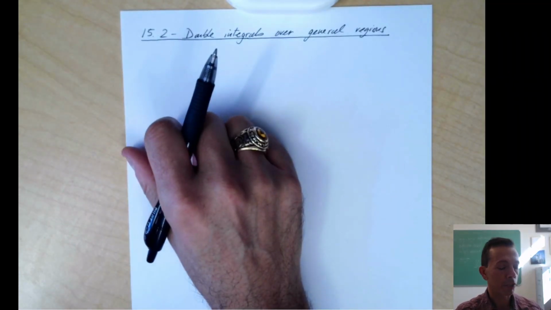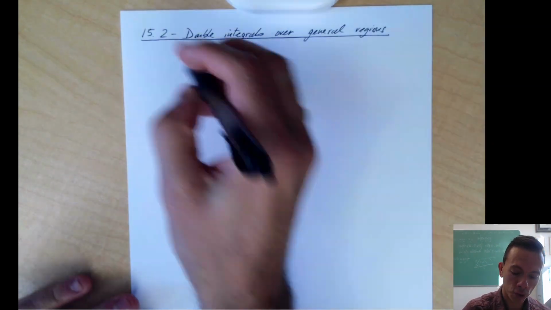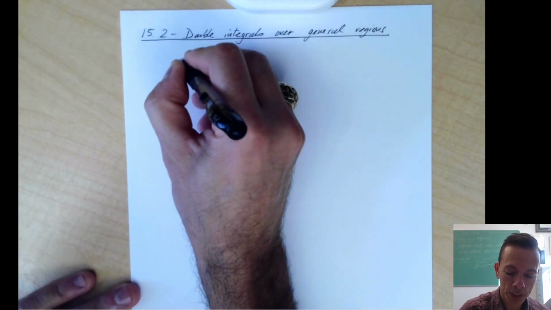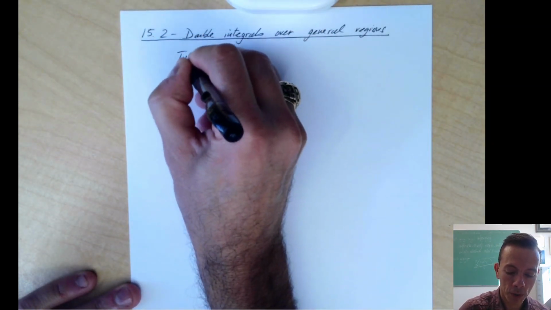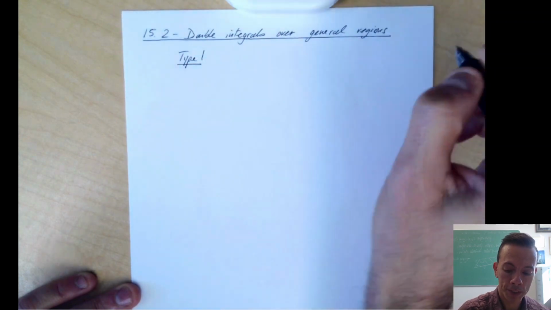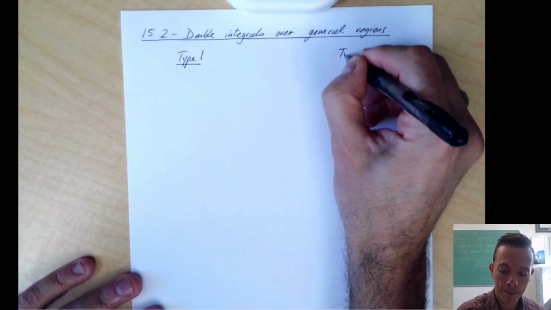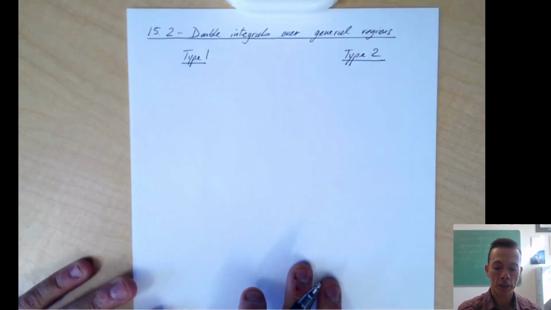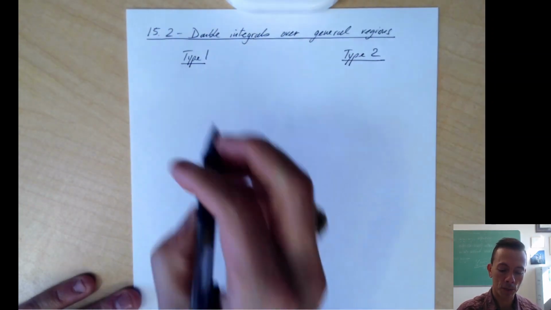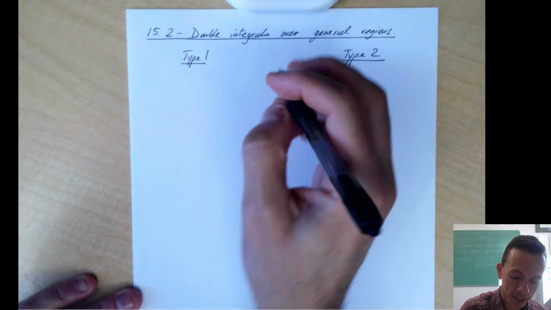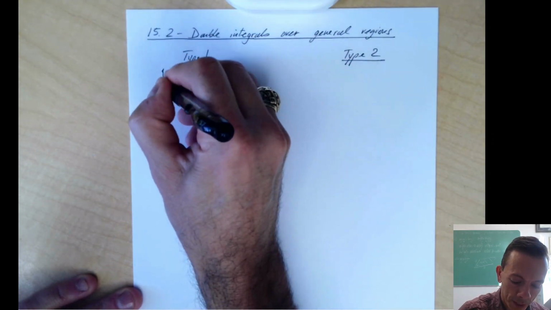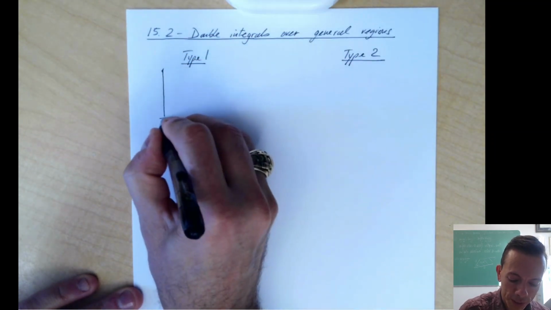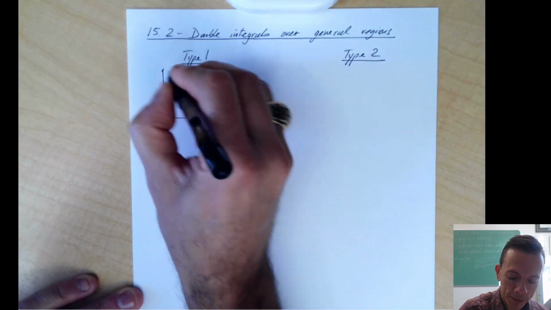Double integrals over general regions, we're going to consider two different types of regions, which we call type 1 and type 2 very simply. I'll put them here side by side so you can compare and see the differences between these two kinds of regions. So a type 1 region in the xy plane